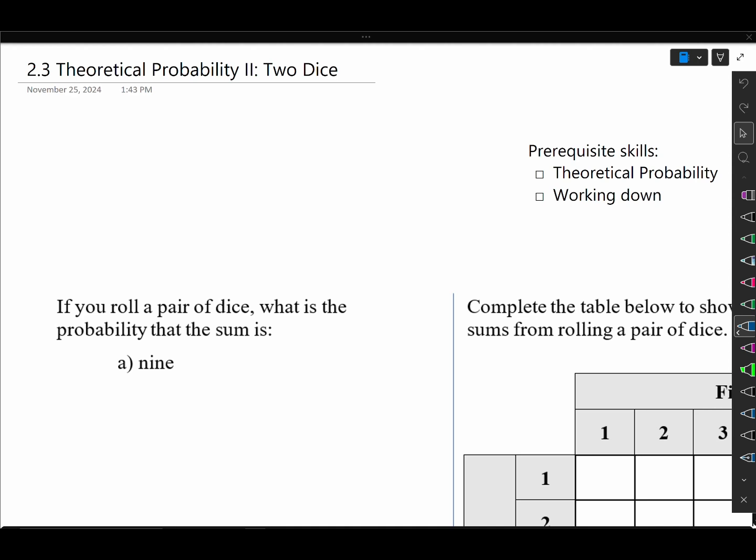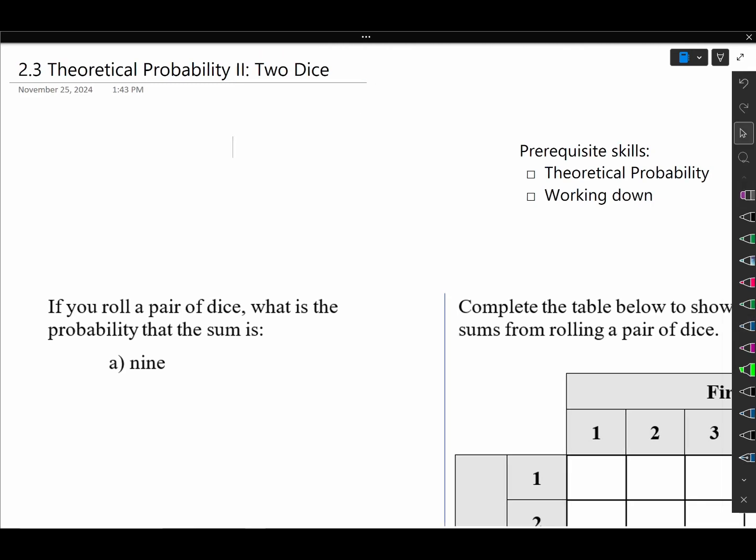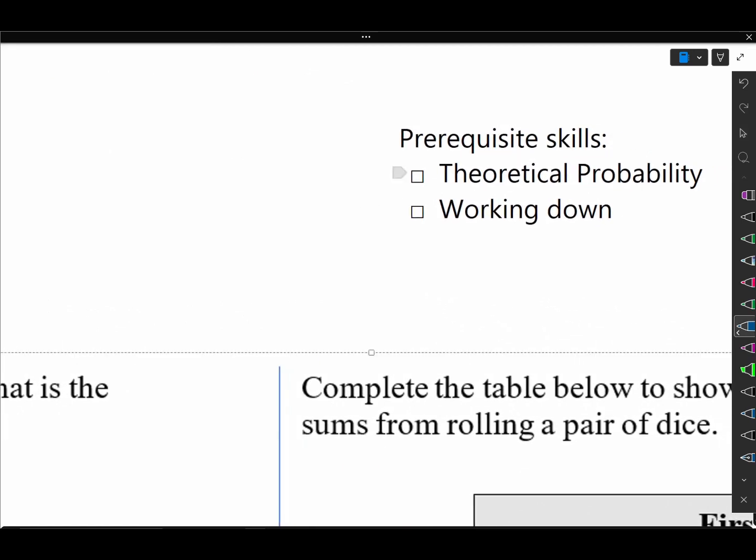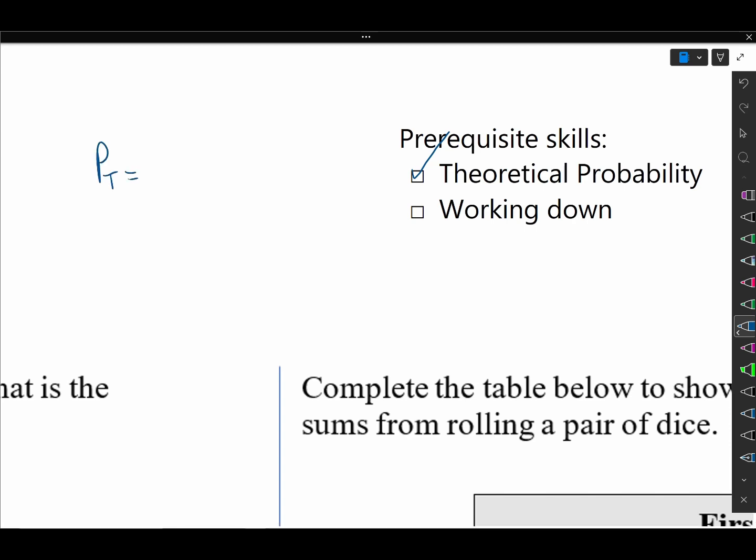Welcome back. Working again with theoretical probability here. We'll be working with the idea of rolling two dice. Now, our prerequisite skills that we're relying on here are theoretical probability, which we handled in the first cycle. The idea that our theoretical probability can be calculated by the number of successful outcomes divided by the total number